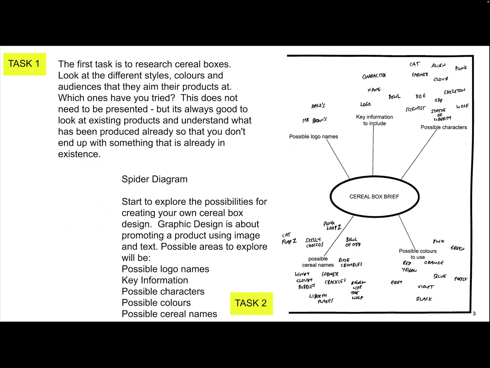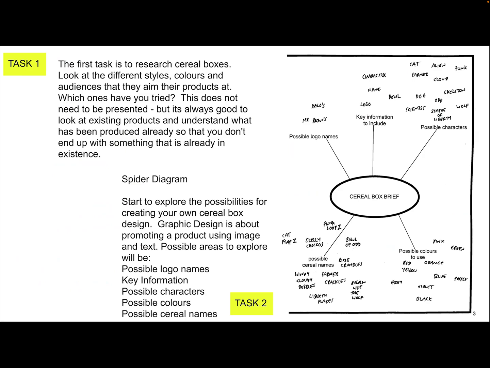Look at the different styles, colours and audiences that they aim their products at. Some obviously will be aimed more at adults and some will be more aimed at children. Which ones have you tried and which ones are your favourites? This does not need to be presented, but is always good to look at existing products and understand what has been produced already so that you don't end up with something that's already in existence. So you don't want to end up with exactly the same as Cocoa Pops or Sugar Puffs